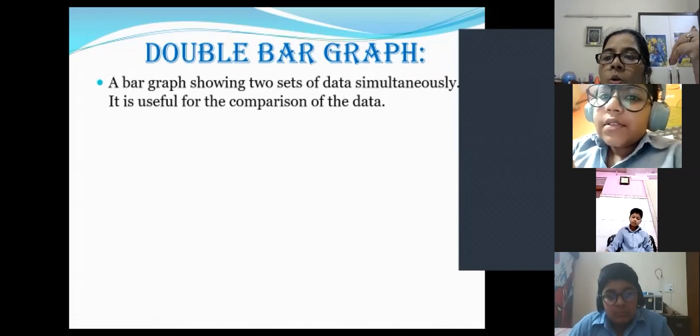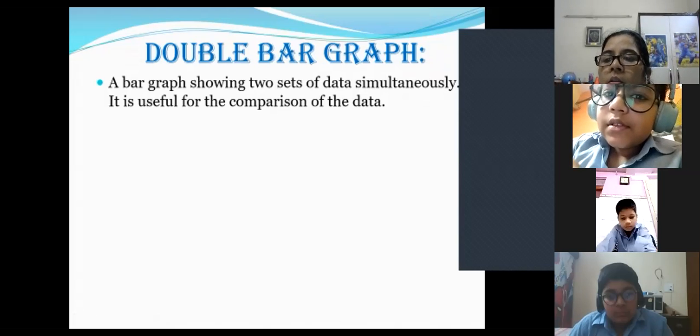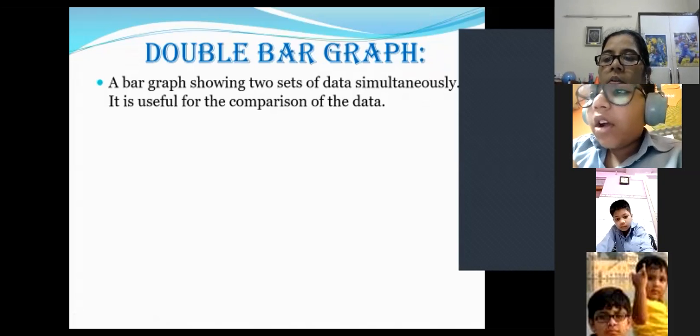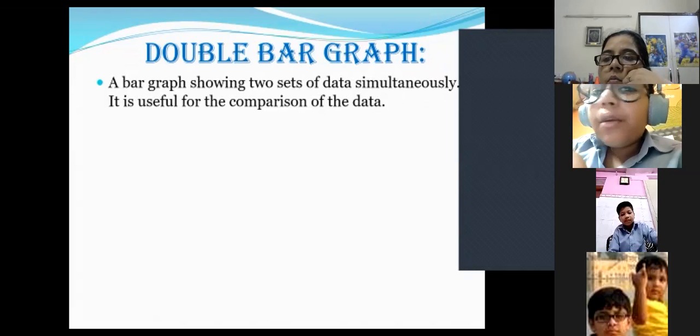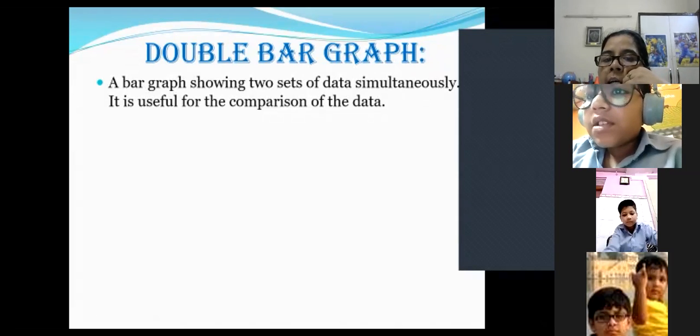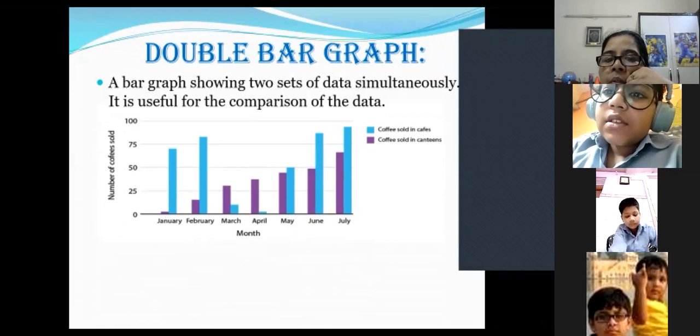Or if you want to check the profit and loss for different companies, or a sale in a shop. Ma'am, sale of pants and sale of shirts. Yes, let's see one example here.